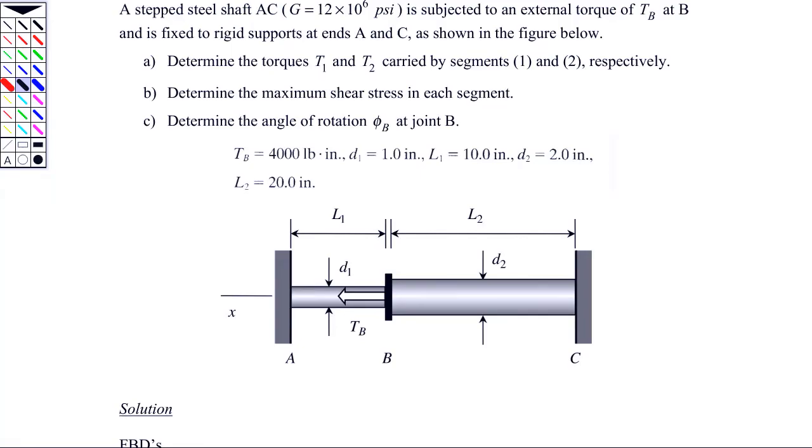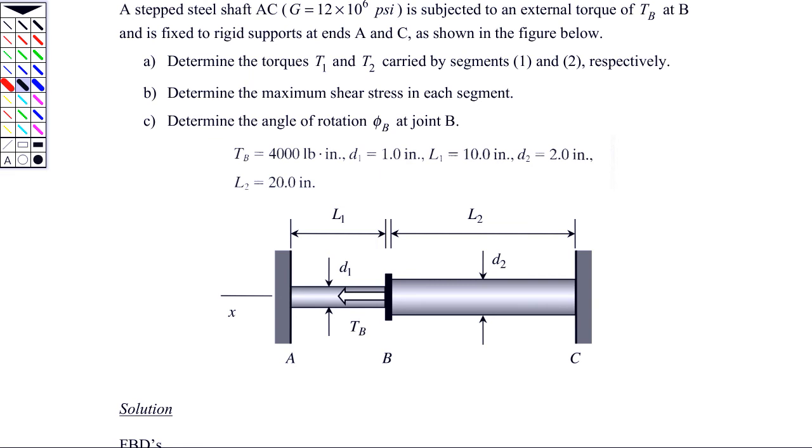In this example, we're looking at the situation of having a step shaft. The shaft is fixed to a wall on the left-hand side at A. It's fixed to a wall at C on the right-hand side. There's a rigid coupler B that connects the two, and there's a torque acting at the coupler